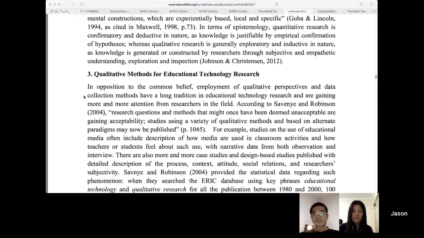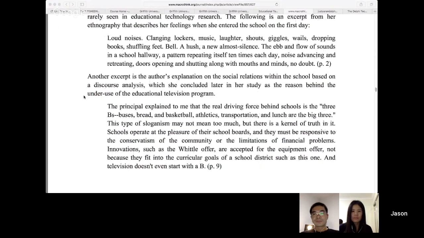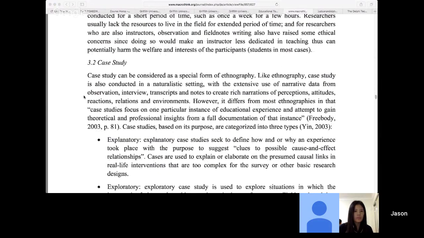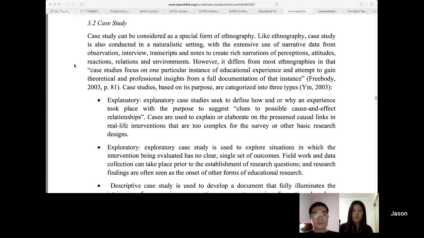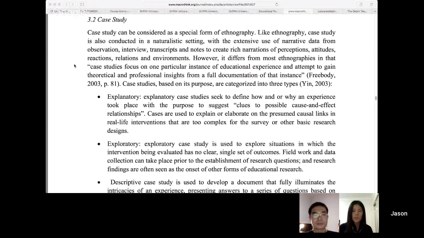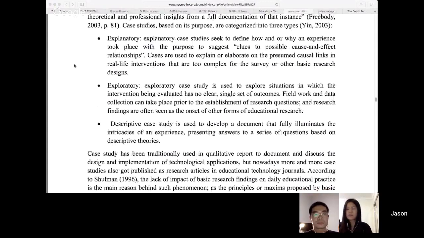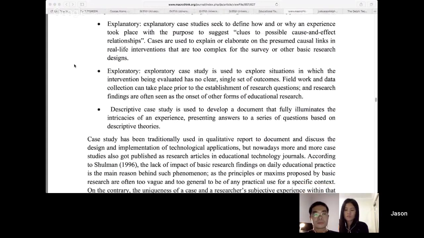Okay, so that's the main aspect of this paper. Just making it clear that there is a whole range of different perspectives that you can engage with, different research methods. And then it goes through and looks at those particular methods, like a case study, and how different approaches would explore case studies in different ways. But this is useful in that it breaks down case studies into three main categories.